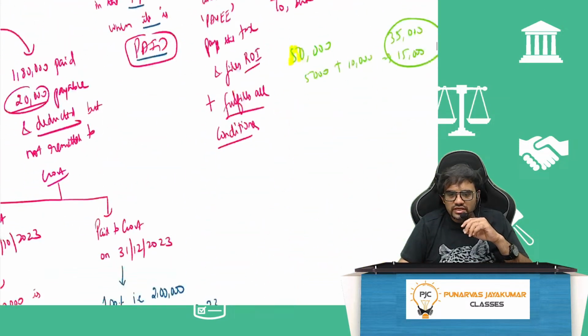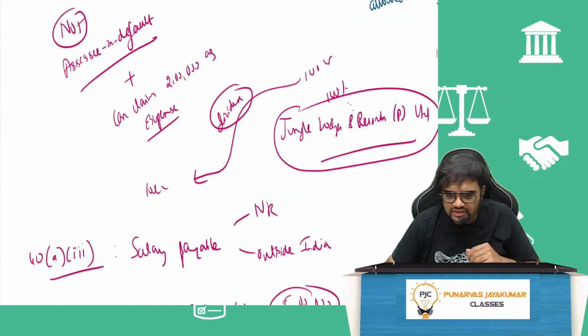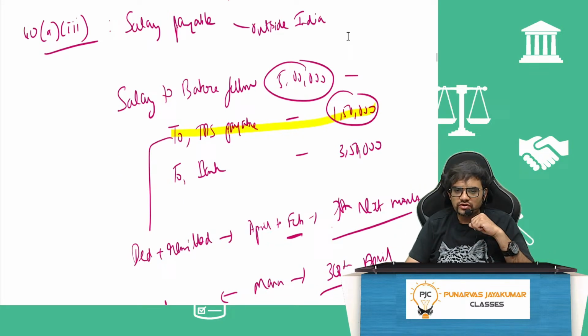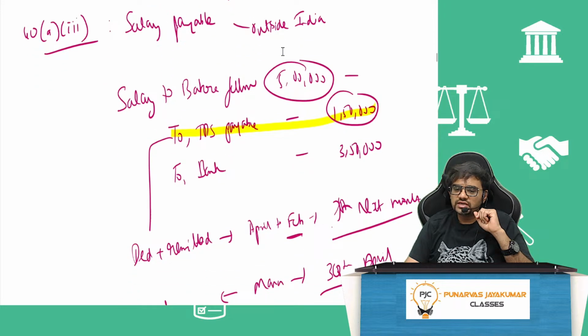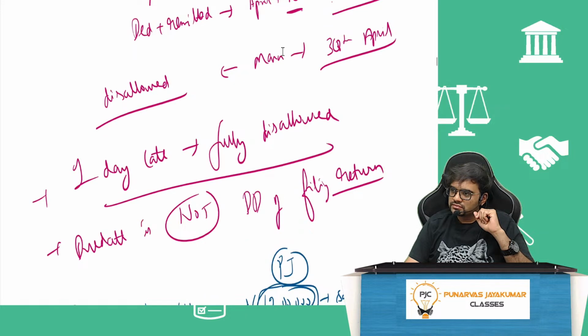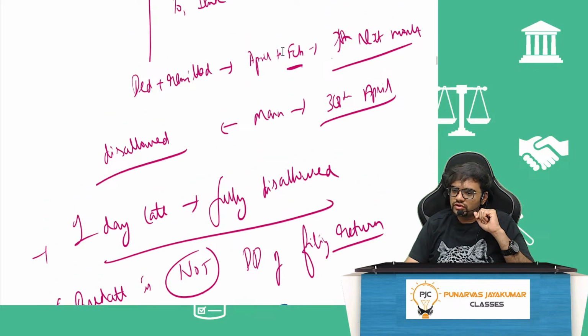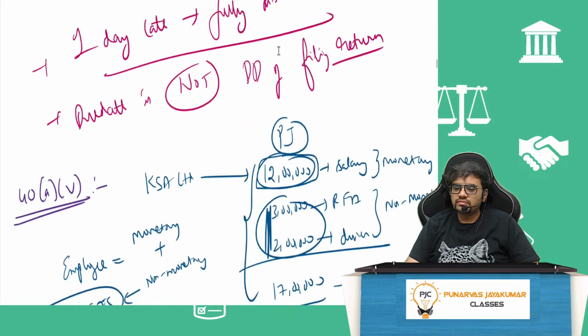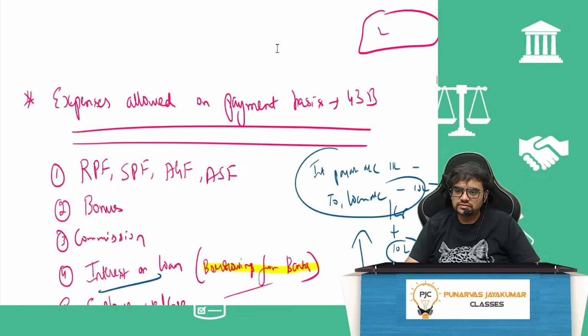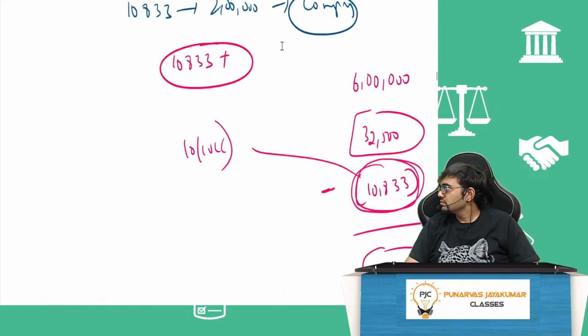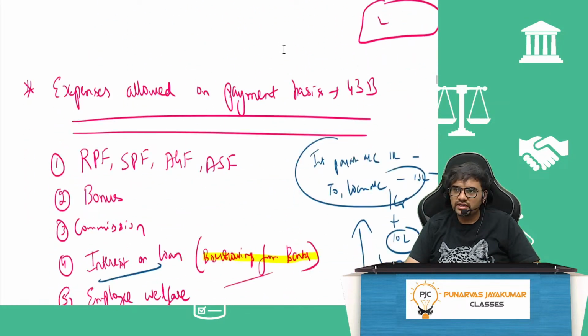That is 40(a)(i), and this is the thing for the same. For everything, it's the same. They are not assessee in default. On the other hand, 40(a)(iii), salary payable to non-resident outside India. If you don't pay before the due date, permanent disallowance, deadly. No mercy, it is going to be permanent disallowance. That's all: 40(a)(i), 40(a)(ia), 40(a)(iii).